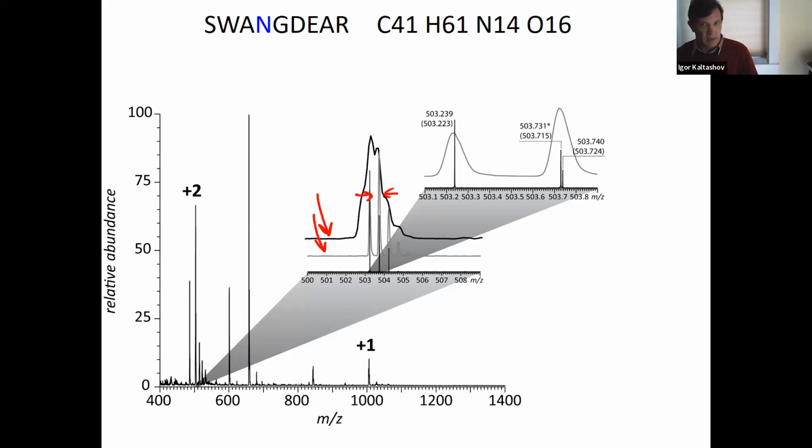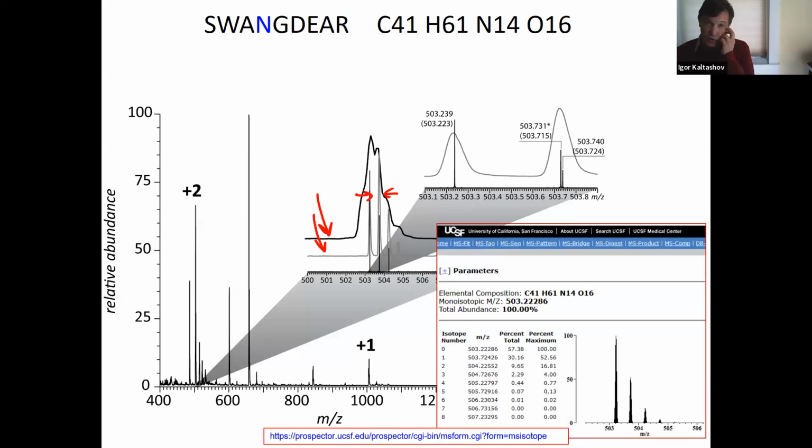We definitely see distinct isotopic peaks, right? But if you really look, there is something wrong with this spectrum. And so if I were to calculate the isotopic distribution for this particular peptide,